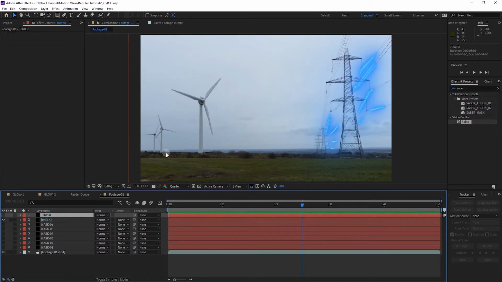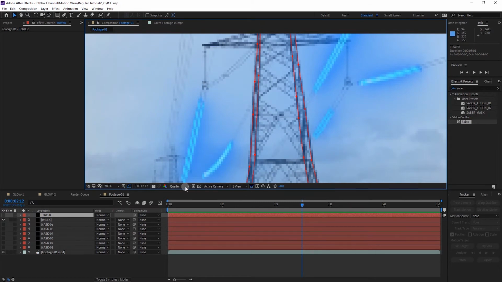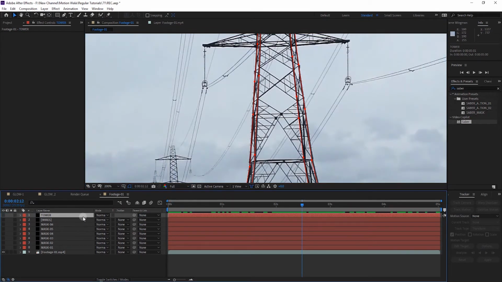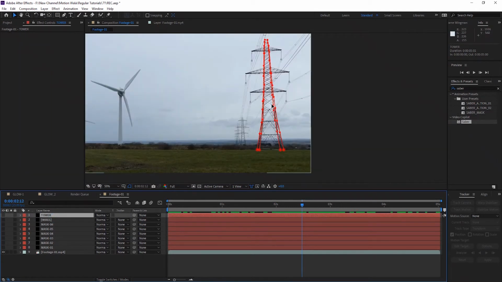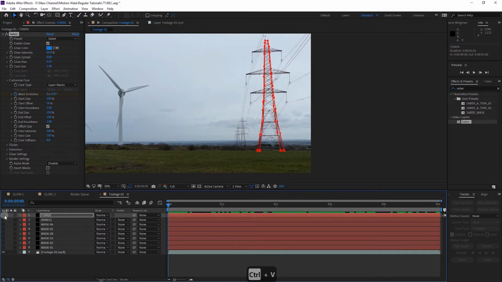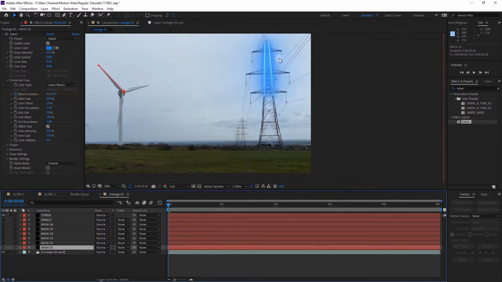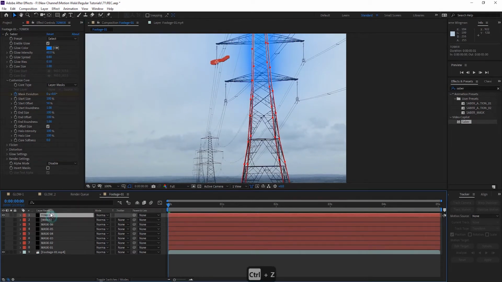After that, I did the same thing for this tower, because we traced the tower part here. I duplicated the layer and added the mask on this tower, and now we will add the same effect on this. Select and copy the effect and press Ctrl V to paste it. It's the same process, and you can make it thinner if you want.